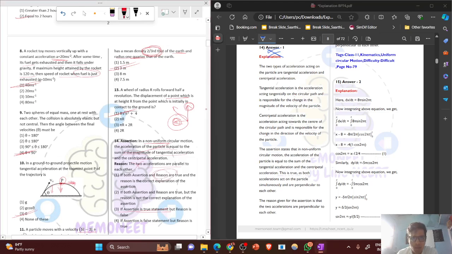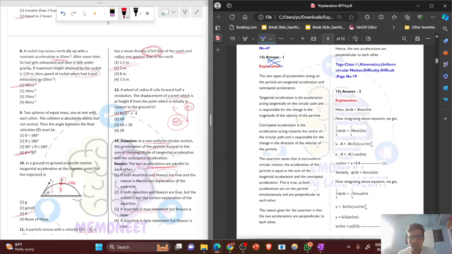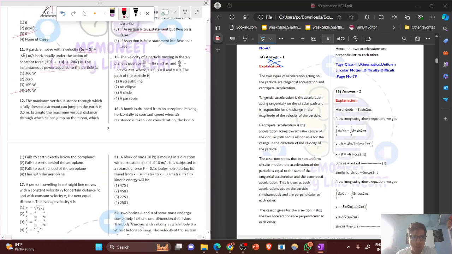Assertion is true, reason is not true, though the accelerations are not parallel. Don't read this solution. You know these accelerations are perpendicular to each other: tangential in this direction, centripetal in this direction. Now moving ahead,